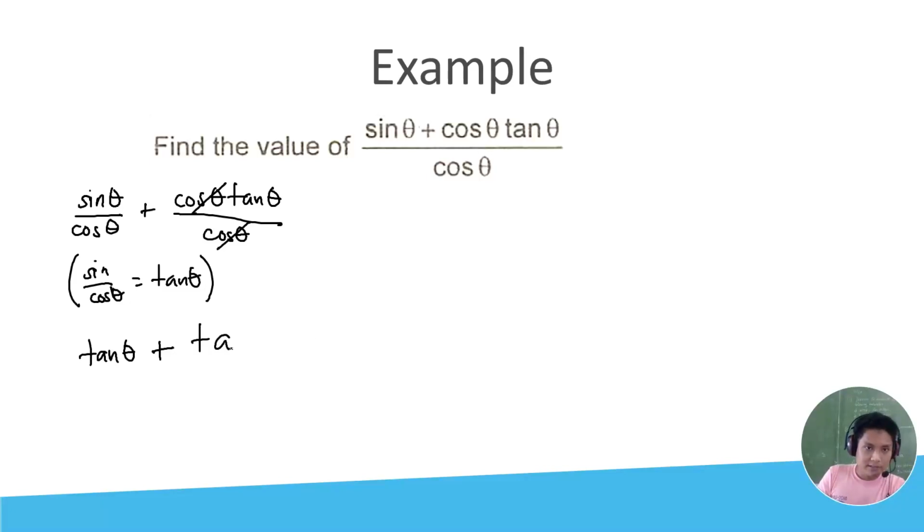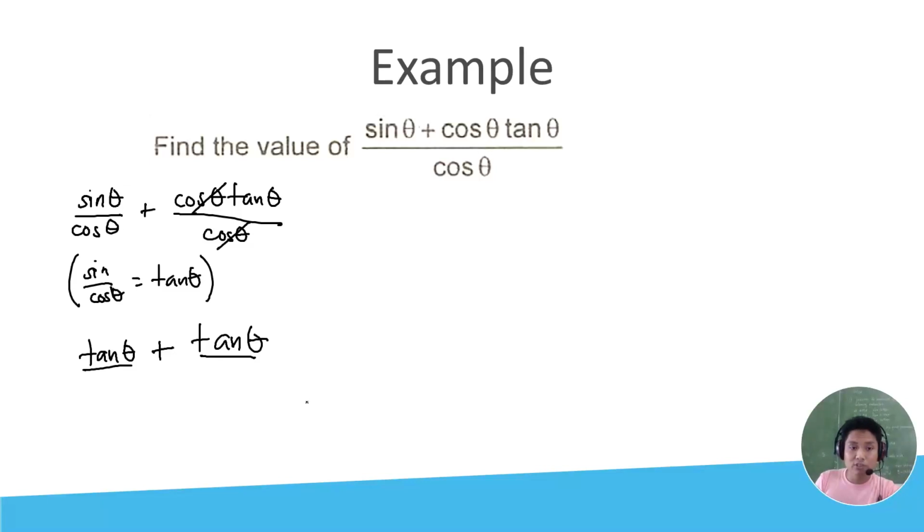So we have tangent theta. Now, by adding trigonometric functions, don't add the angles, but the trigonometric function serves like a variable, a single value. Okay, so if I add tangent theta plus tangent theta,